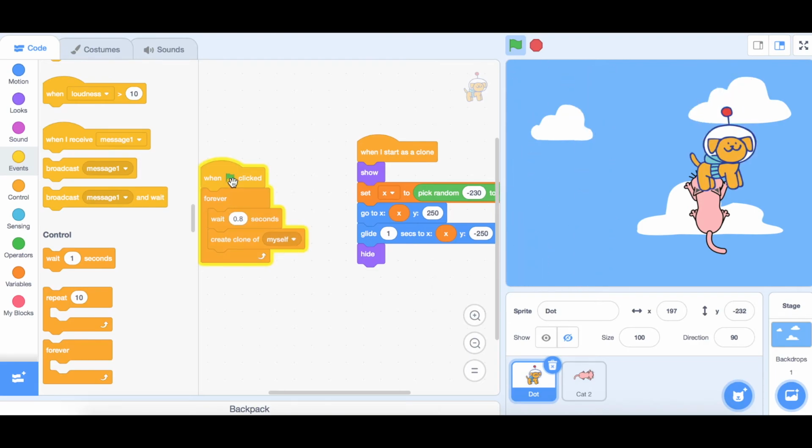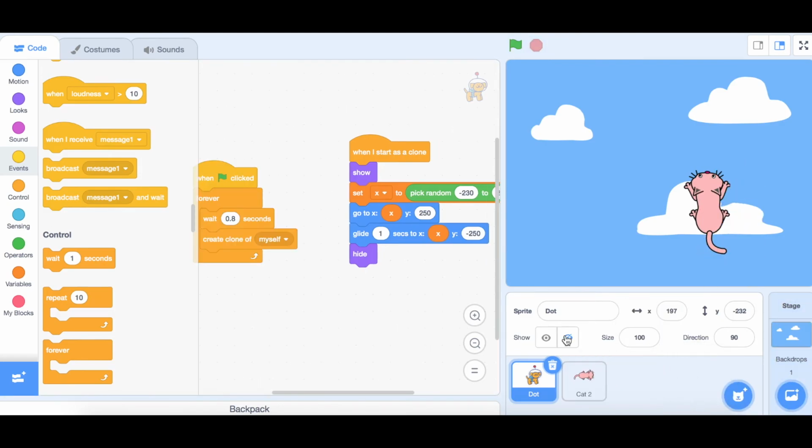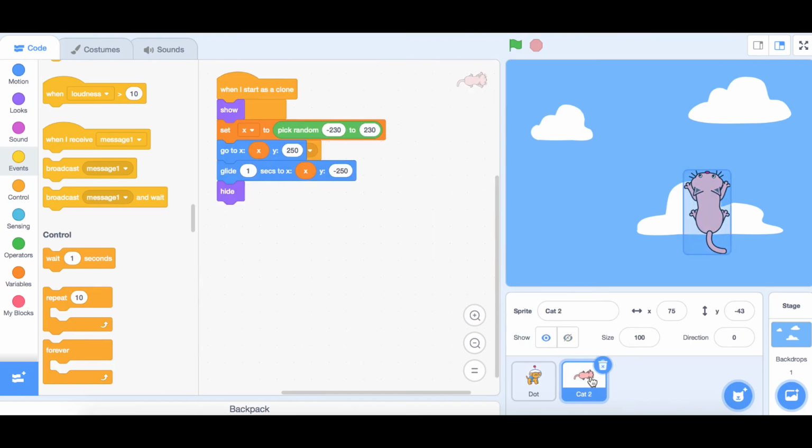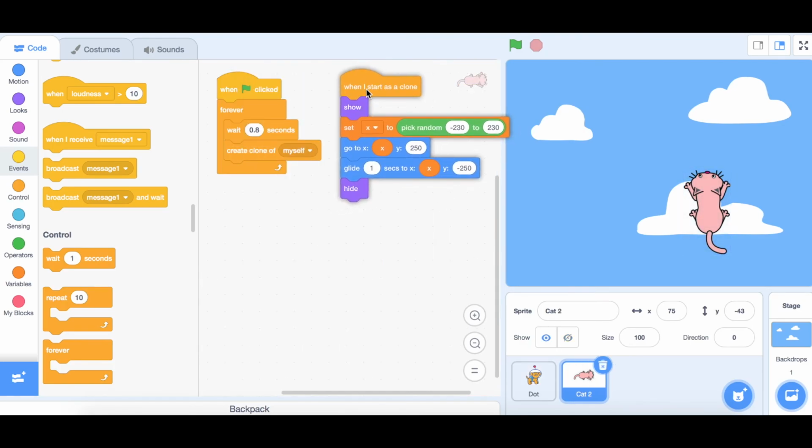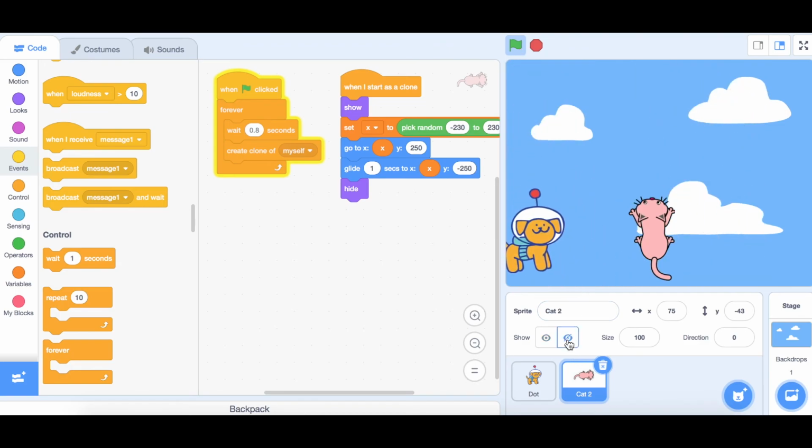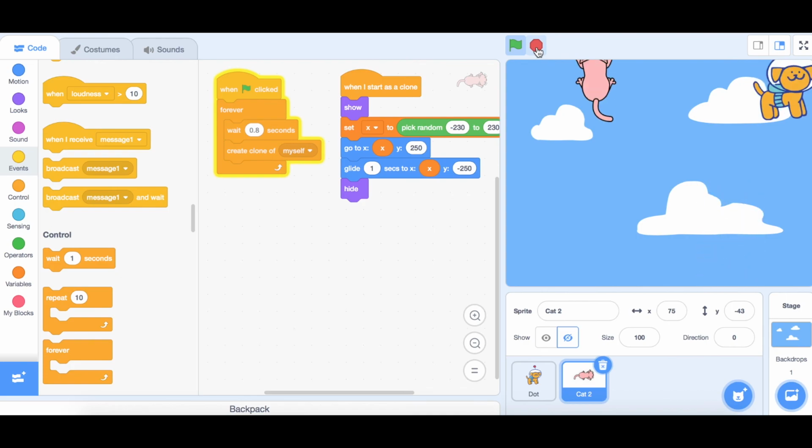I'm pretty happy with this pace for now, so I will clone these codes for the cat by dragging it to the cat sprite. After clicking the start button, I realize the original cat is still showing, so I will click the hide button. Notice how the cats and dogs are raining at the same pace? We can fix this by lowering the wait time for cats. Now it's